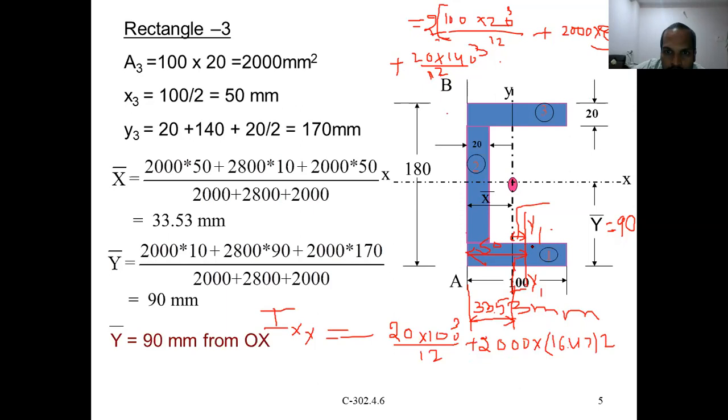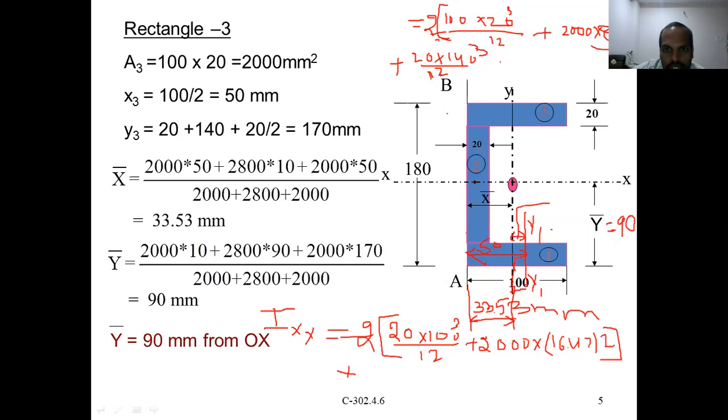Now it is the moment of inertia of this section about this y axis. This is for figure 1. Similarly, if we take figure 3, it will be the same because both are the same size and symmetric. That's why, instead of repeating everything again, I am just multiplying with the 2. Just multiply with the 2. This includes figure 1 plus figure 3. Two figures are there, that's why I am multiplying with the 2.